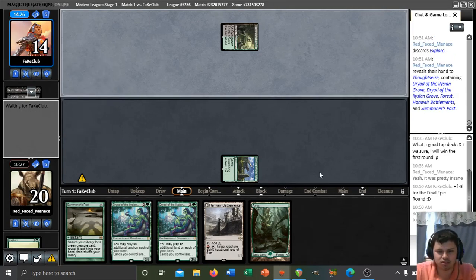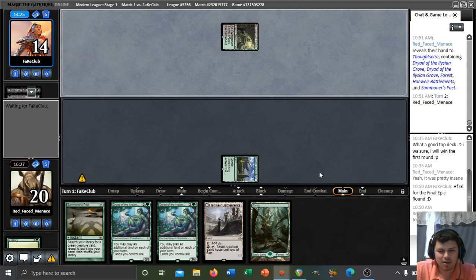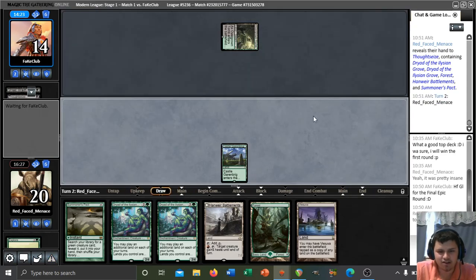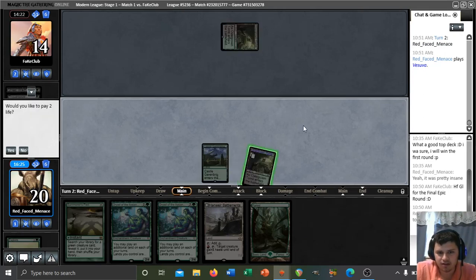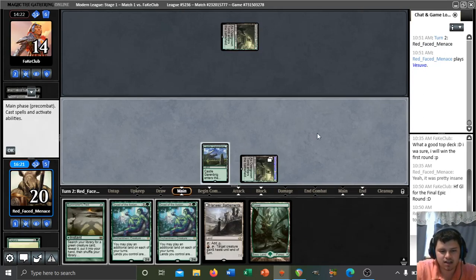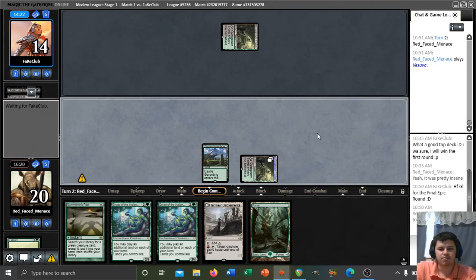They take the Explorer, so we might be facing down an Ashiok here, guys. I don't know if you heard me when I said that. We'll play out our tap land. And let's not pay 2 life. My understanding is that even if you pay the 2, it still will enter tapped, so...